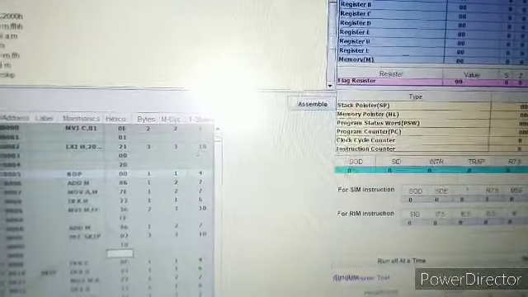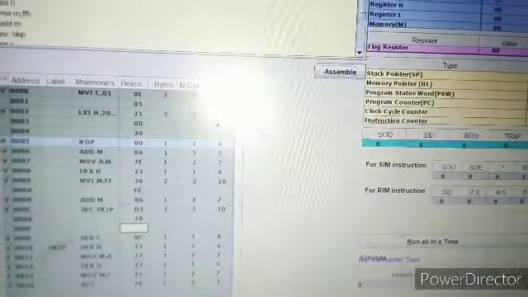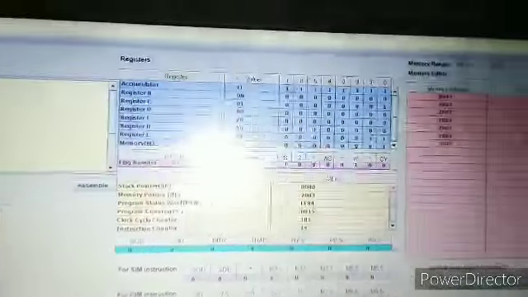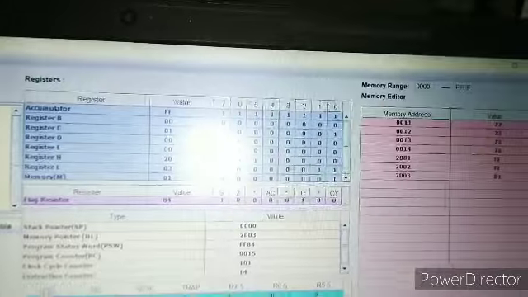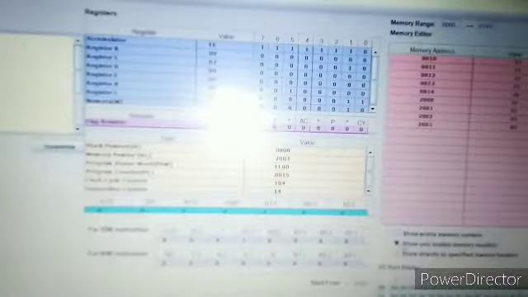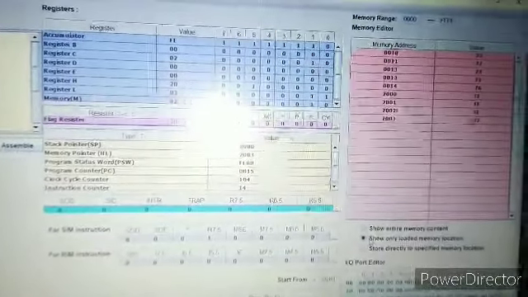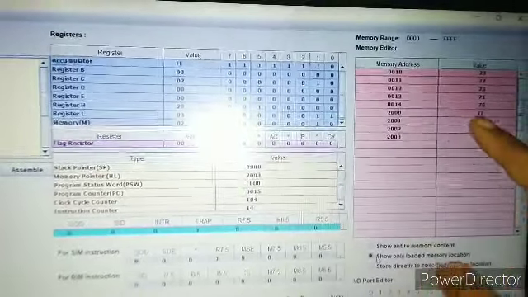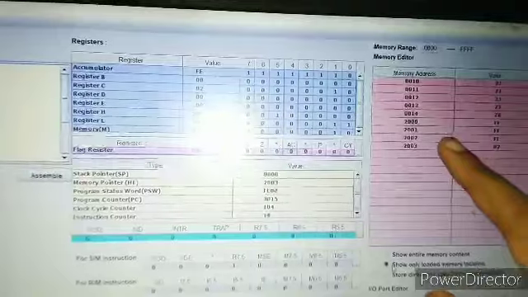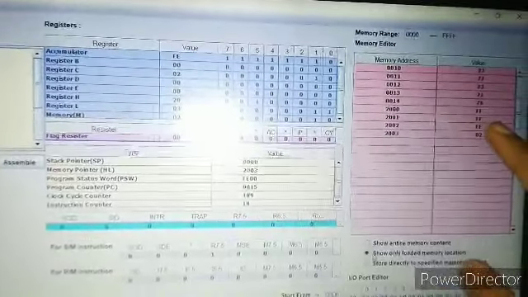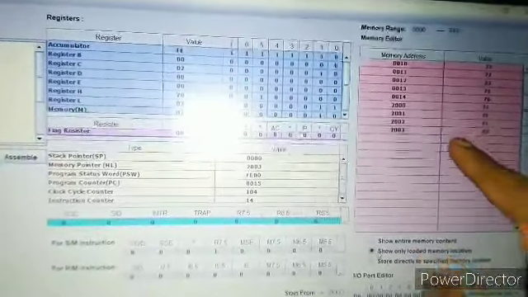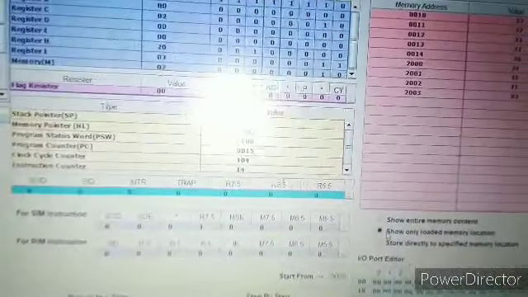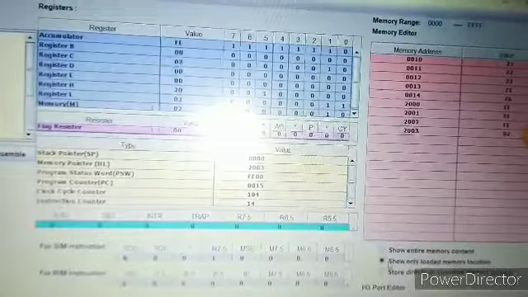Assemble, run all at a time, go to the memory location. Okay, at location 2000 we have FF, at location 2001 we have FF. The result is stored at location 2002, which is FE. Now as carry generates, my 01 will get incremented and it will become 02. Did you understand?